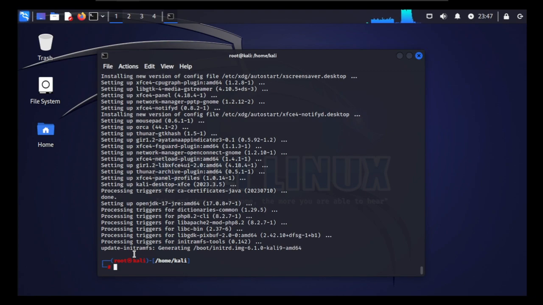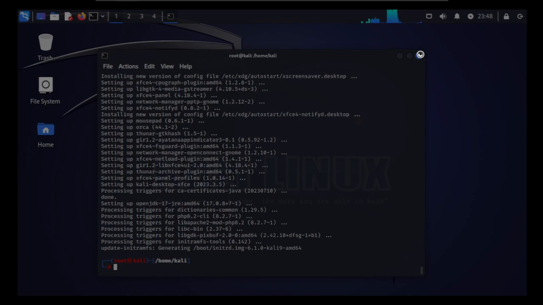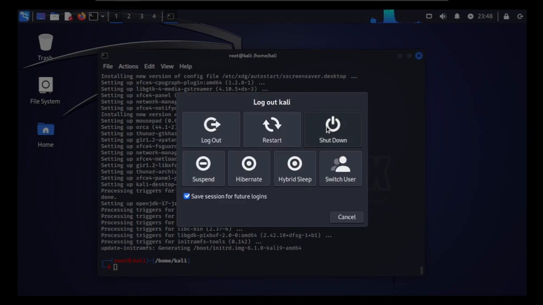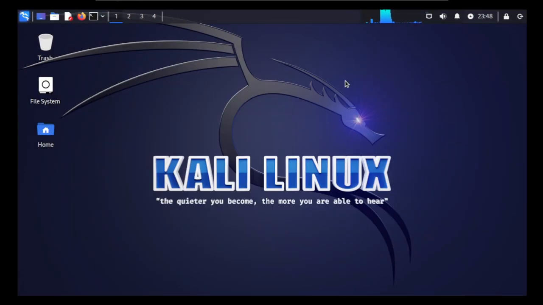Okay, here the process of upgrading the system was complete, and close this, shut down. Here the Kali Linux was shut down, and then you